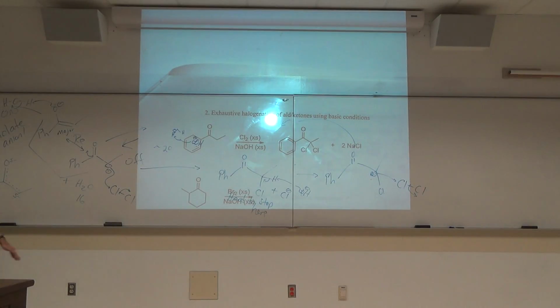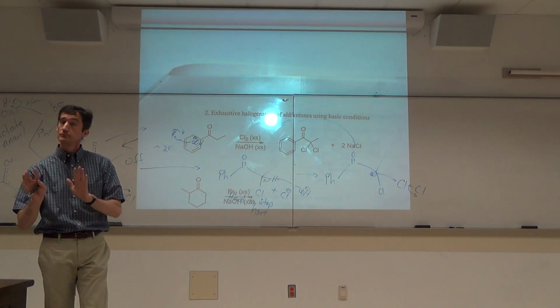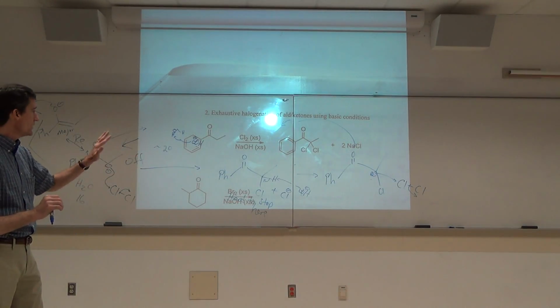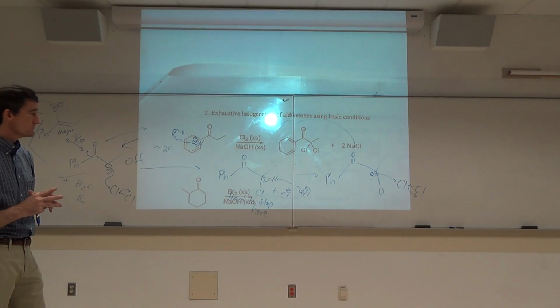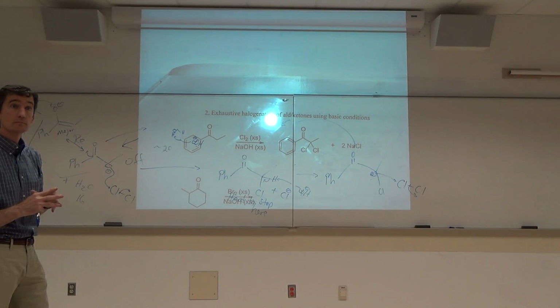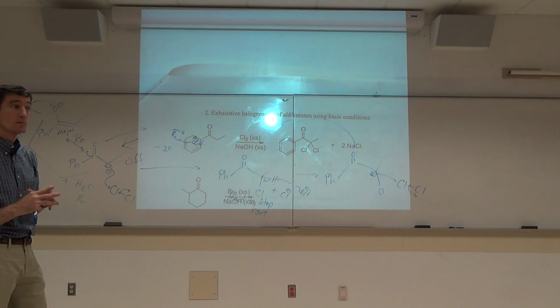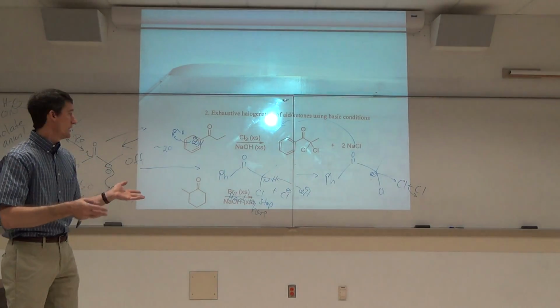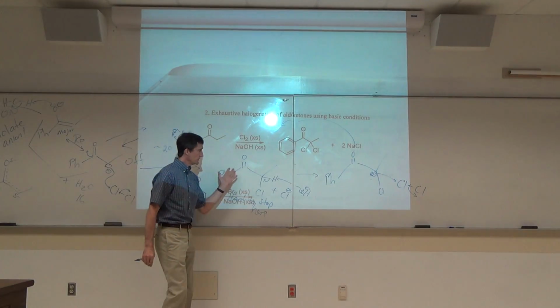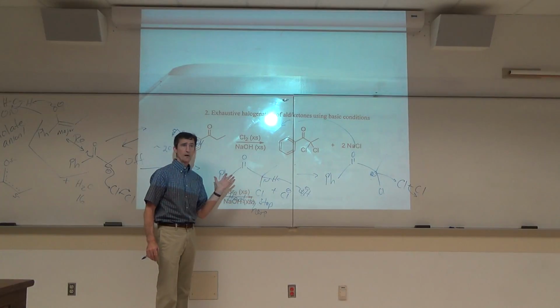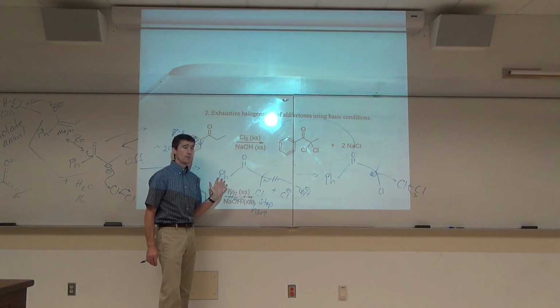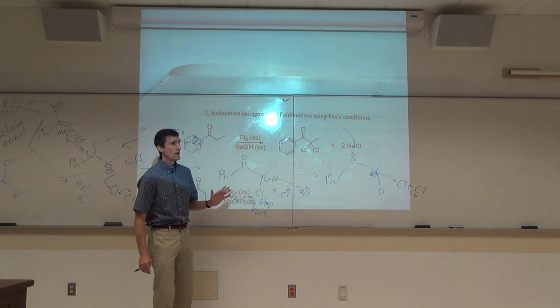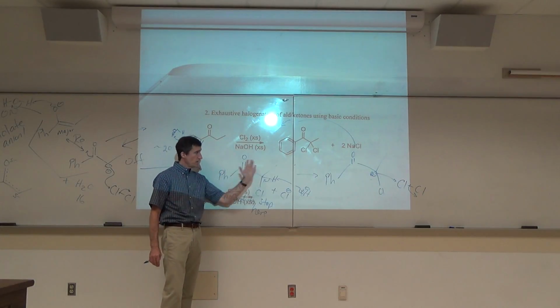Again, under acidic conditions, you can stop with adding just one. Let's look at this. Why is it hard to stop there? Because since its H's are acidic, obviously the base wants to take the H's. Yeah, but you could say the same thing for enol. I mean, this could form an enol under acidic conditions, and you could do it again. Why does the enol not chlorinate again? Why does this one? Basically,